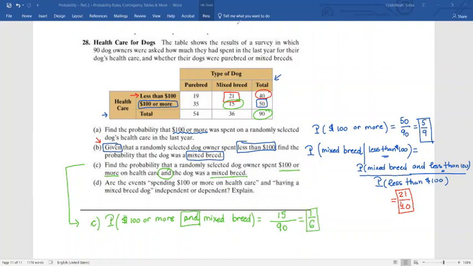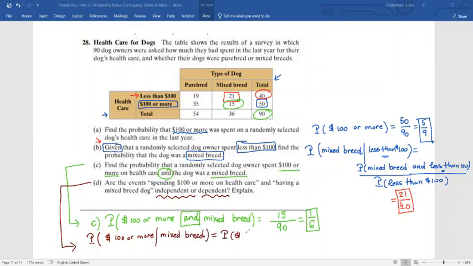And the last question, are the events spending $100 or more on healthcare and having a mixed breed dog independent or dependent? In other words, is one occurring affecting the chance of another one occurring? I will simply check if probability that spending $100 or more, given that the owner has a mixed breed, is the same as probability of spending $100 or more. If it is, that means second event, which is mixed breed, doesn't have any effect on the owner spending $100